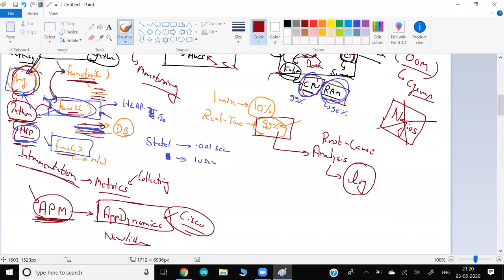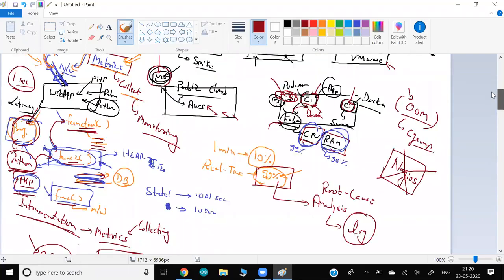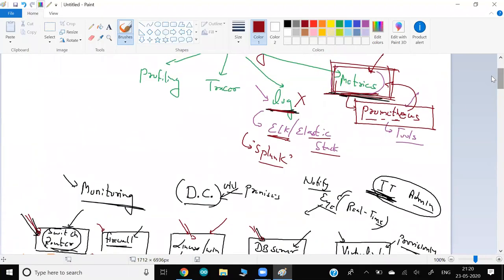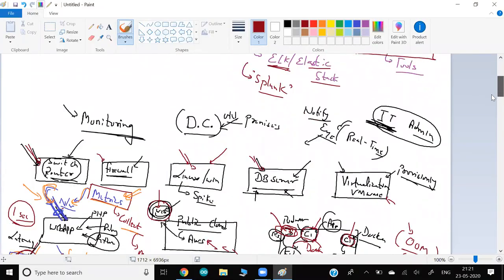That is one of the reasons there is no bigger competitor for Prometheus in the market. This is one of the top open source tools available for metrics monitoring. From the cloud to all environments, you can monitor.